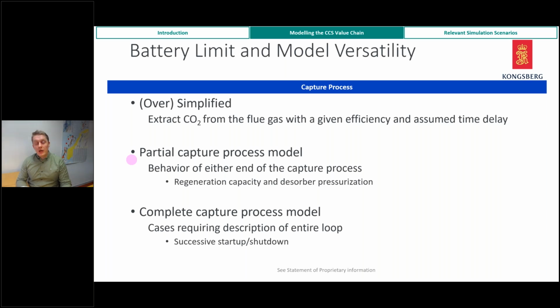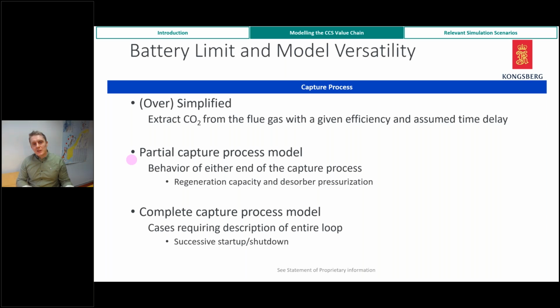How will my compression package have to respond to variations in load in the column? So then we can actually look into that part of the system and leave out other aspects, because